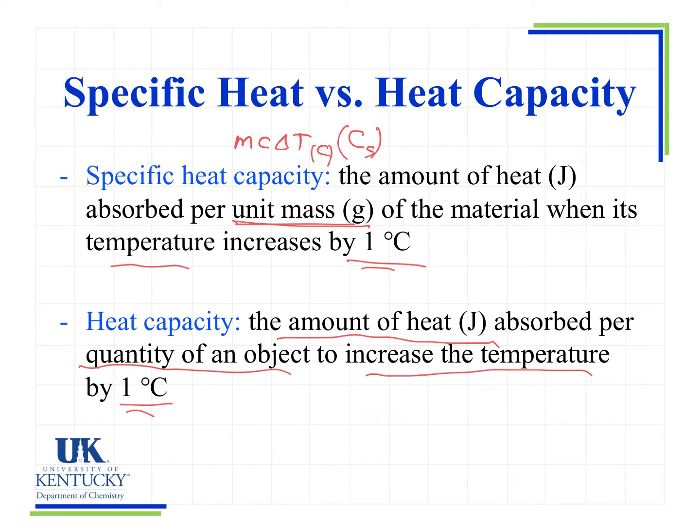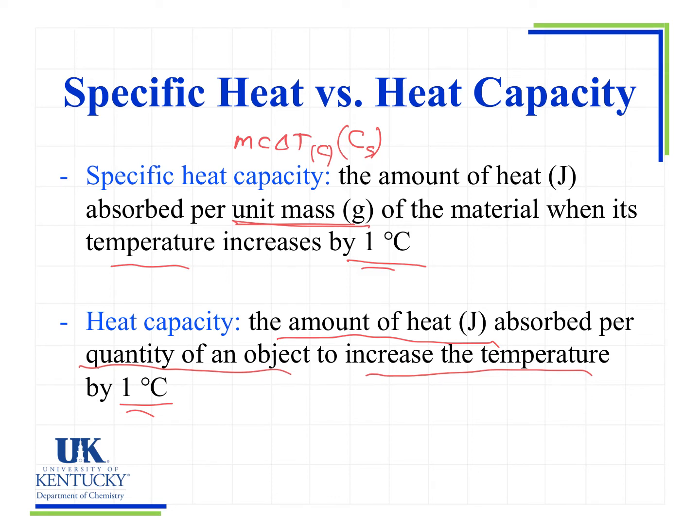So when you are given heat capacity, you don't need to worry about the mass. The mass is already inside the heat capacity. And that's why you cannot find the heat capacity of items in different sources, because it's different. Is it 10 gram of water? Is it 100 gram of water? We cannot say that the heat capacity of water is whatever,